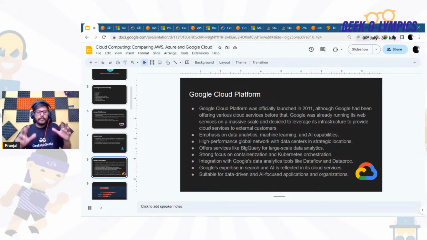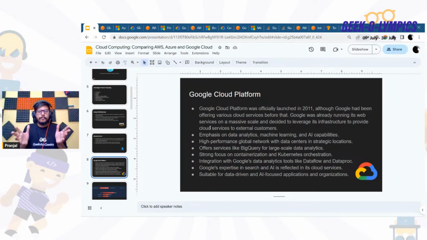So if you want to pick which will be the best one, I will start with AWS, I will start with Azure, I will start with GCP. Just think of your use case. I won't say this one is best or that one is best. It is not a question of which one. If you know all of them, that's a very good thing. But it is completely impossible to learn all the services of all these cloud service providers. One thing you can do: if you're coming from a machine learning background, start with GCP, and then start with other cloud service providers with their machine learning services, so it will be much easier for you to crack the job.